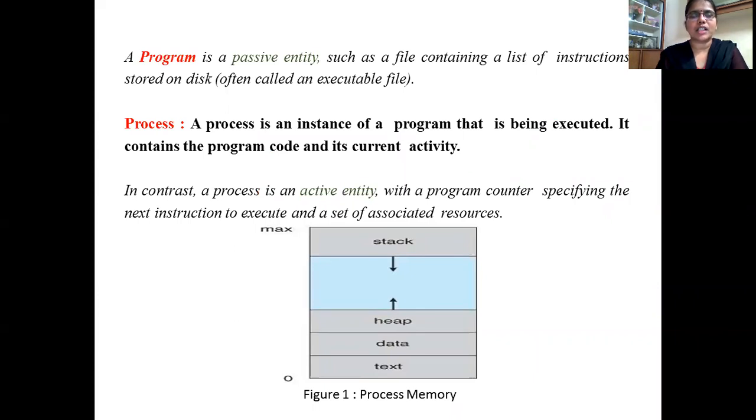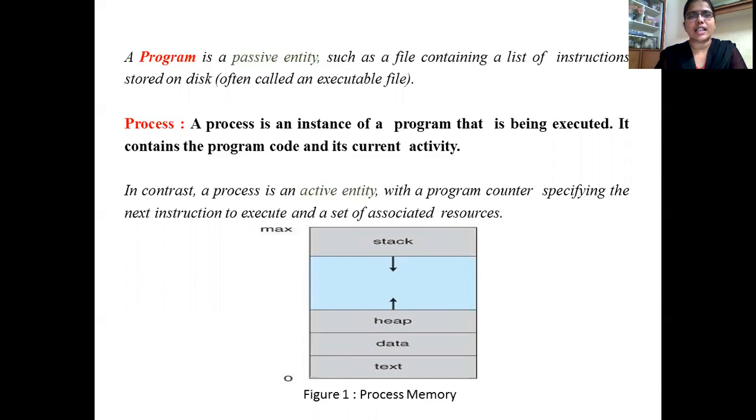A program is a collection of instructions that are stored in a hard disk. And remember, it is a passive entity. According to the von Neumann architecture, a program that has to be executed should be brought into the main memory. When a program is brought into the memory, it is called a process and it is an active entity. Therefore, the process is also defined as a program in execution. Remember, process is defined as a program in execution.